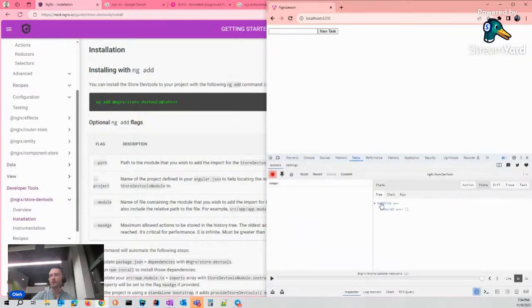I can see my to-do list is empty, an empty array, and I hope I can add a new item here. Yep, this new item was added with my typed name, and if I click again and again, I see additional items in my to-do list.